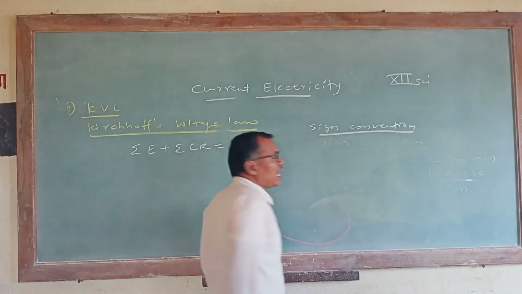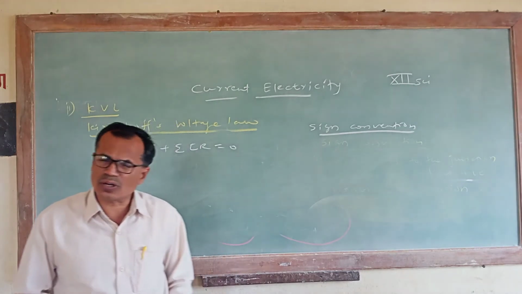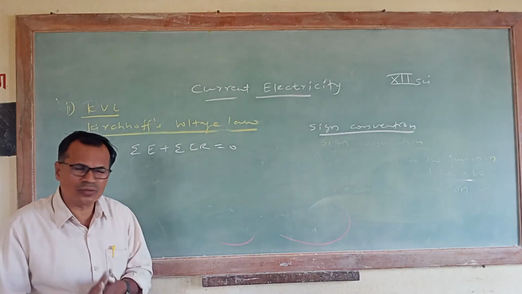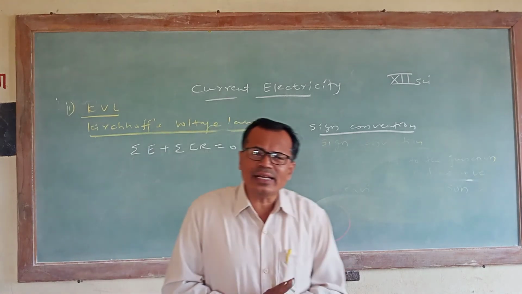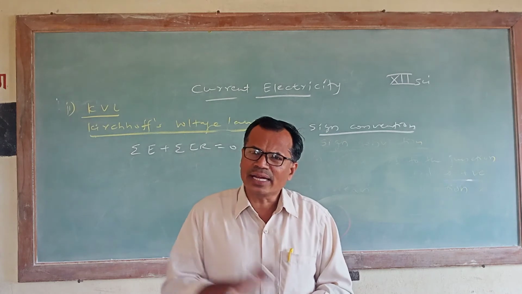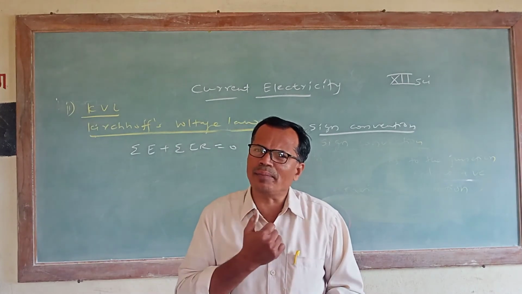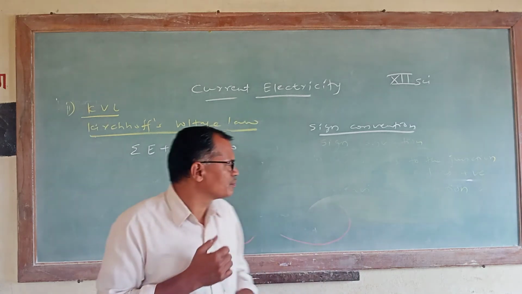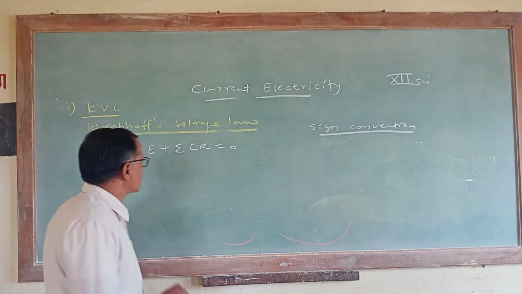While applying this Kirchhoff's second law for the closed circuit, we have to apply a sign convention. We can trace the loop clockwise or anti-clockwise. And the direction of the current is the conventional current, from the positive of the battery to the negative of the battery. First I will draw the diagram, and it will be easy for us to understand.